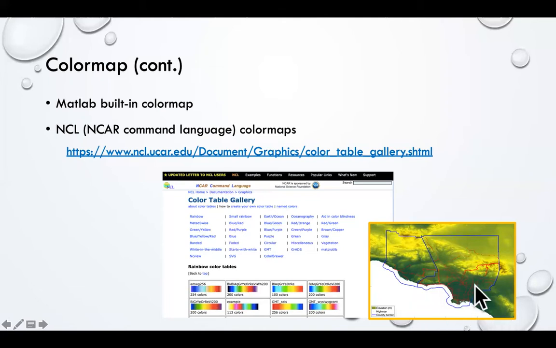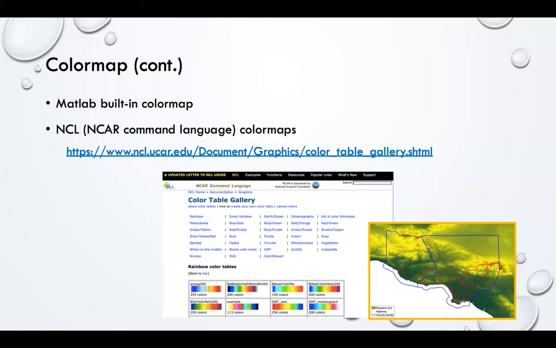For color maps from dark green to yellow to brown, you cannot find them in Matlab. You have to design your own. However, you can easily find them in the NCL color maps. You don't need to learn this language, you just need to download the color map and load it into